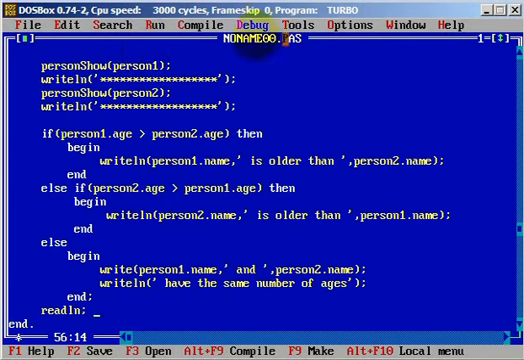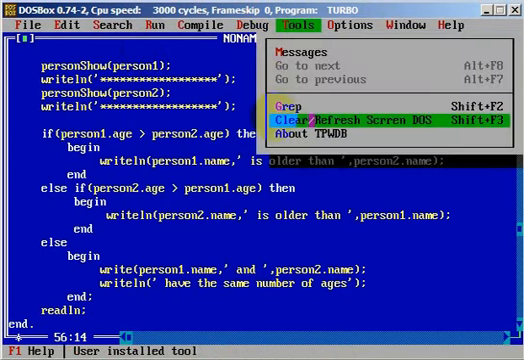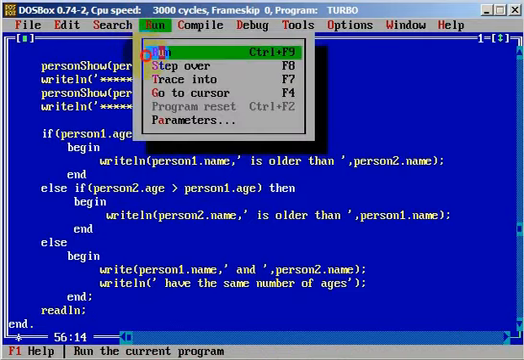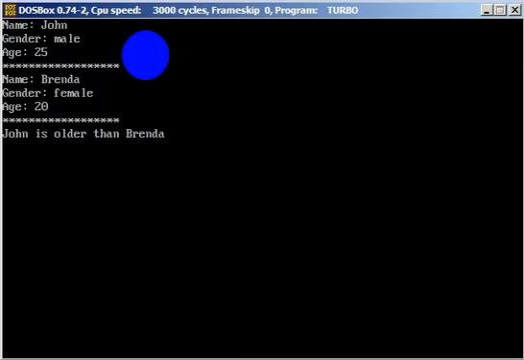First, it is better to clear the screen, and now we will run. Okay, we displayed person 1, we displayed person 2, and okay, John is older than Brenda. It's normal. John has 25 years, and Brenda has 20 years, and of course John is older than